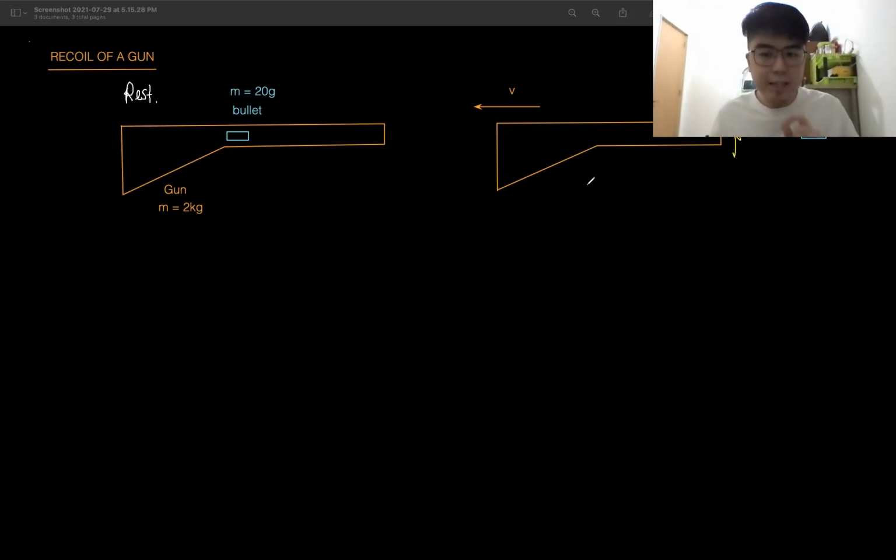Okay, what is the incident here? The incident here is the firing. Okay, firing. The previous example is the collision. So the firing separates before and after. This is before, this is after.